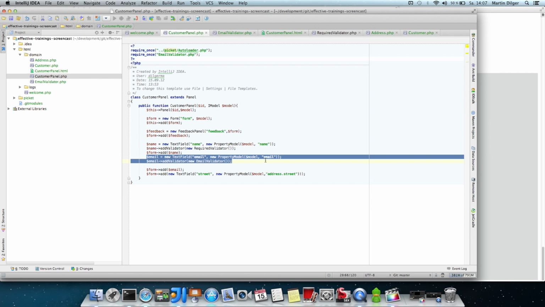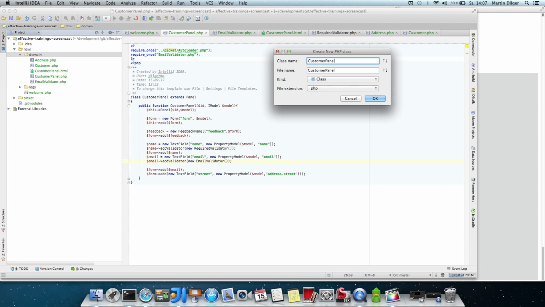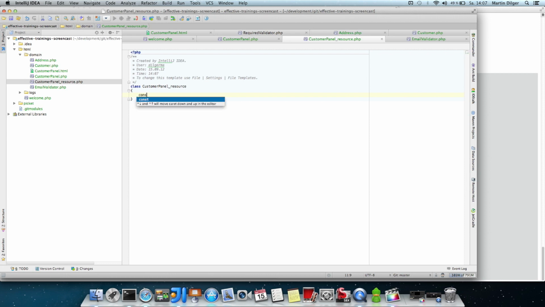Isn't that great? So another feature I want to show you that I pretty like, what you can define is something like a customer panel resource.php. This is some customer panel resource, and this is pretty much the same as the property files in Java. PHP has out of the box no notion of property files, and I think there is no need to use them. What you can do is you can define const values, and you say const is customer name label,